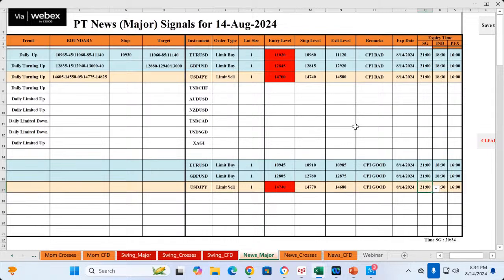So the moment we get stopped out, we have to do a re-entry and get back on track. That is the only way we can be in the business, especially if you want to trade for a living. You have to follow this and stick to your rules. Okay, and one more thing.